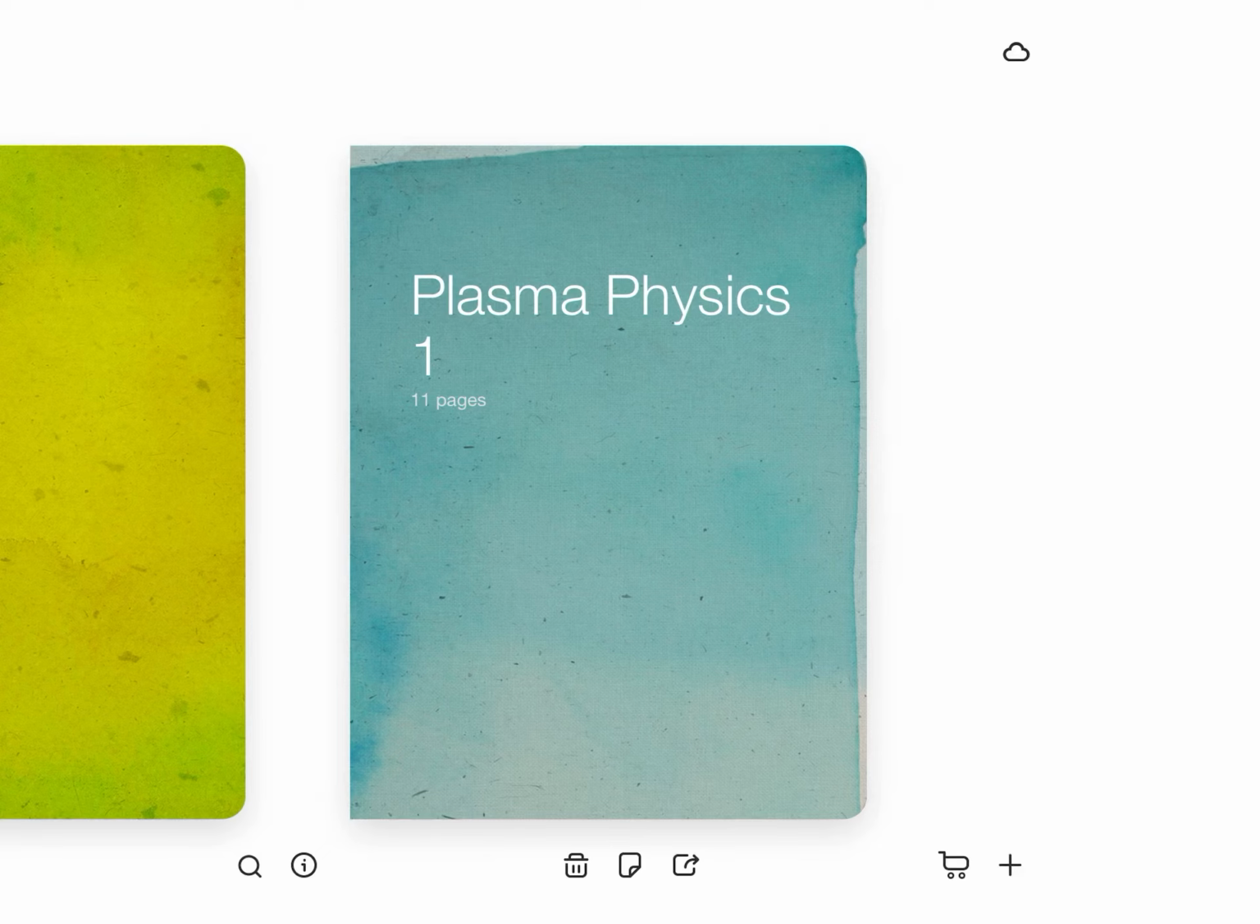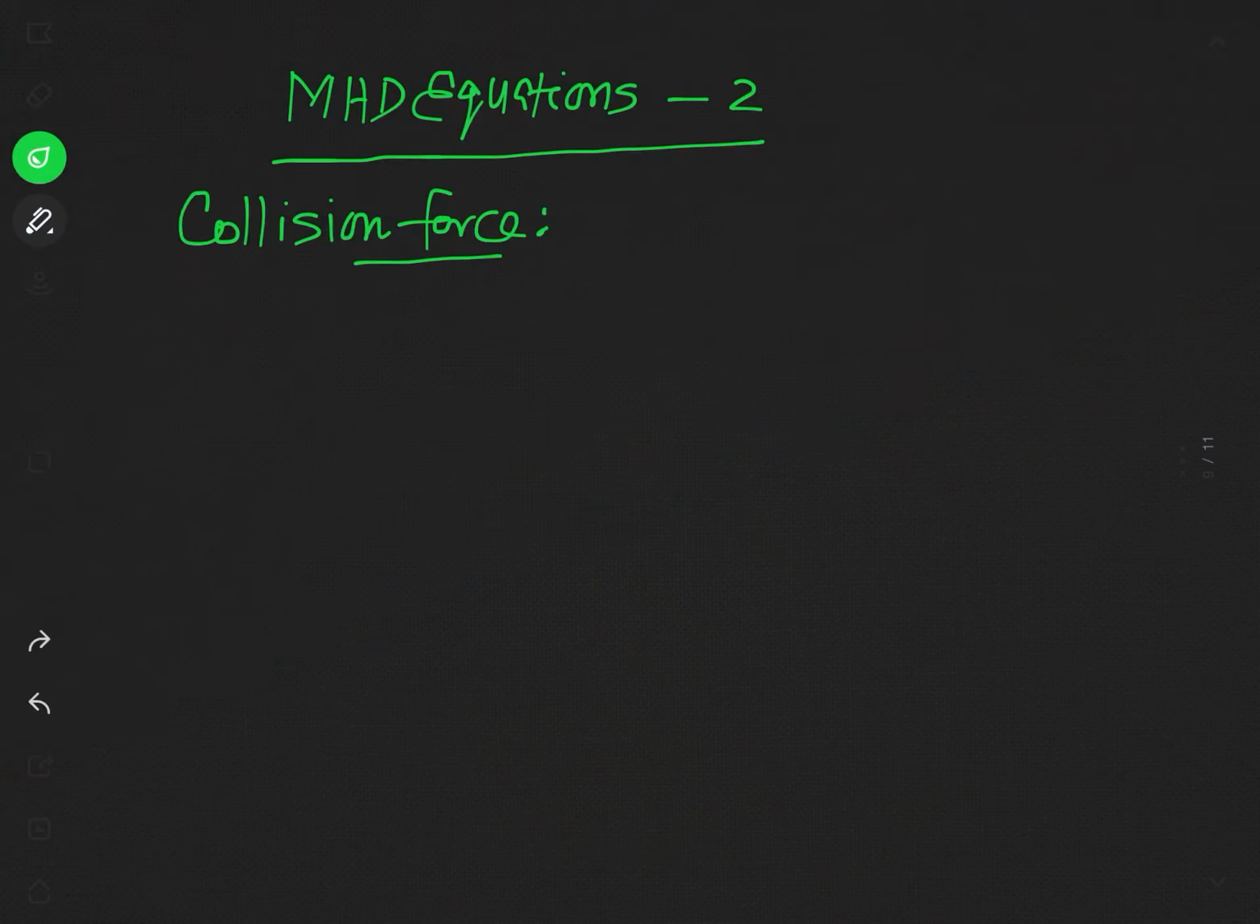In the previous lecture, while deriving the momentum equation, I told you that we considered only the electromagnetic force acting on the moving plasma fluid. But to get the exact momentum equation, we must consider the mechanical forces acting on the fluid. So in this lecture, I am going to discuss those mechanical forces which must be taken into account to